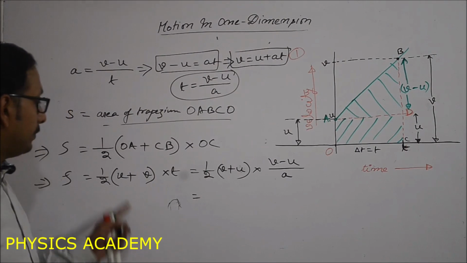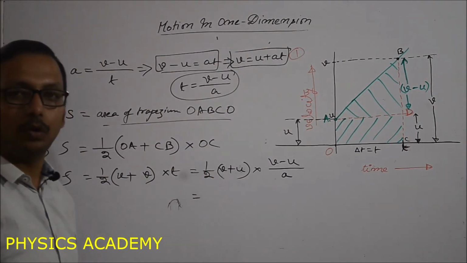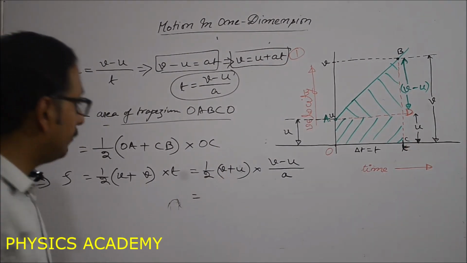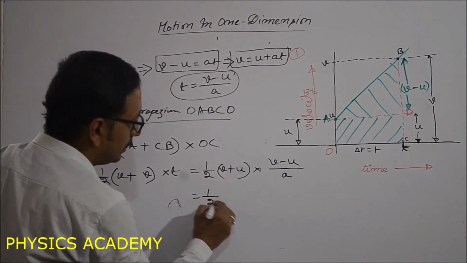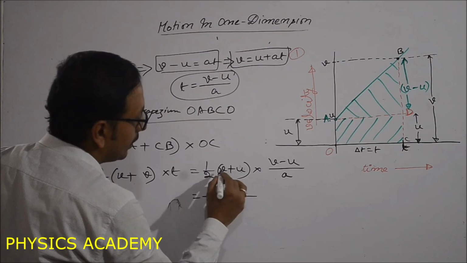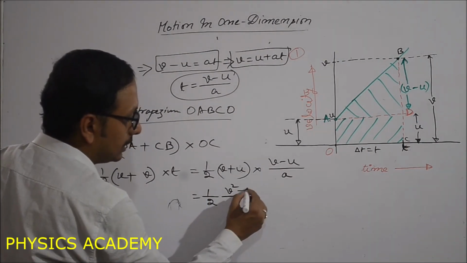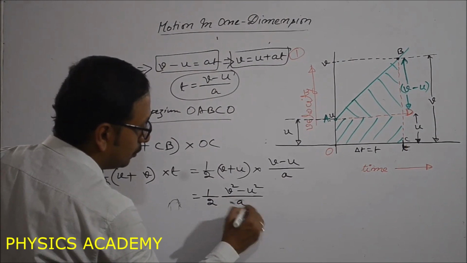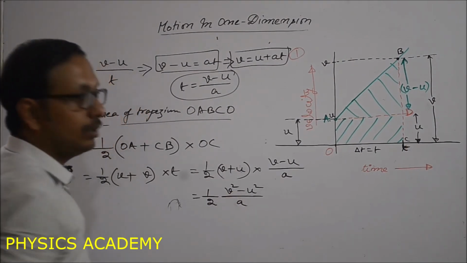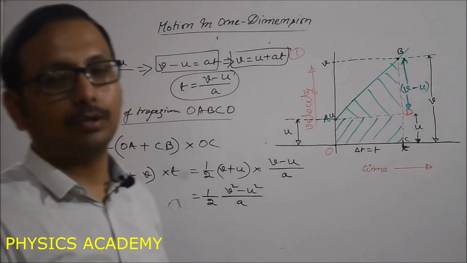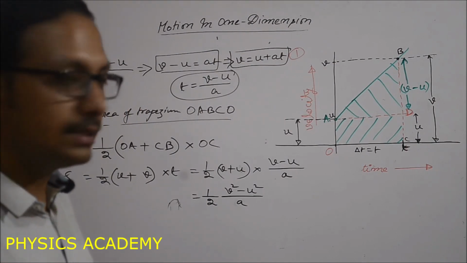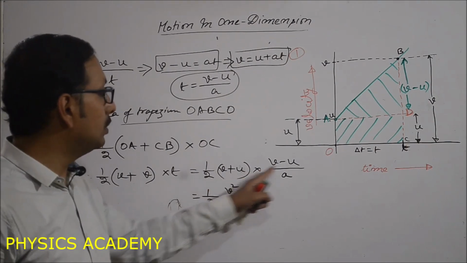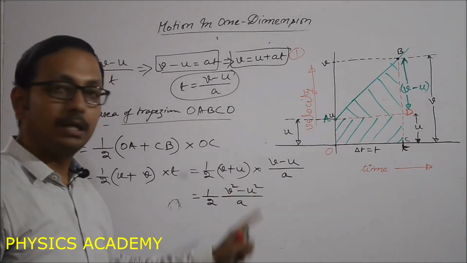That means why I have taken this u plus v as v plus u is only to make you understand. If you don't interchange it, and you directly write it here also, that's your wish, no problem. (v plus u) into (v minus u) is v square minus u square. These formulas are very basic, so please don't ask how you got this one. Again, a square minus b square equals (a plus b) into (a minus b). So that only I have written, (v plus u) into (v minus u), that is v square minus u square